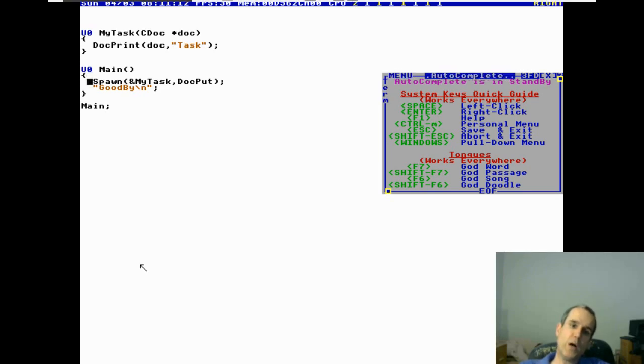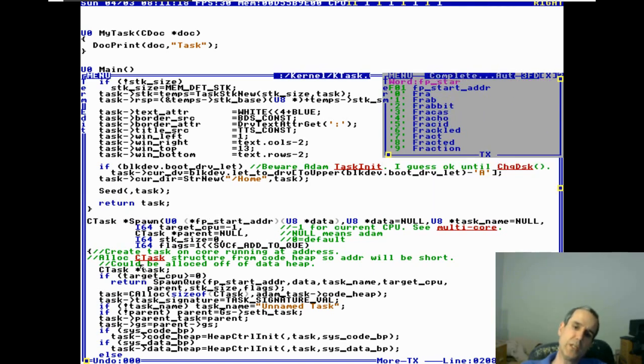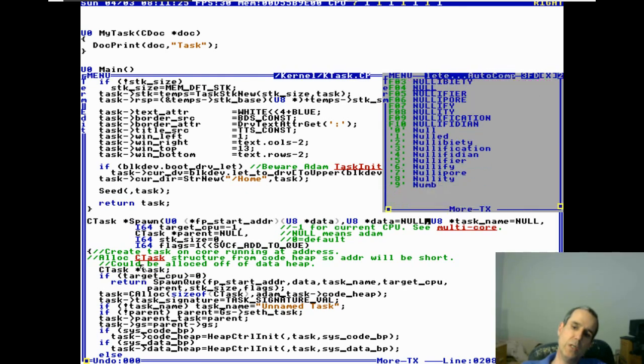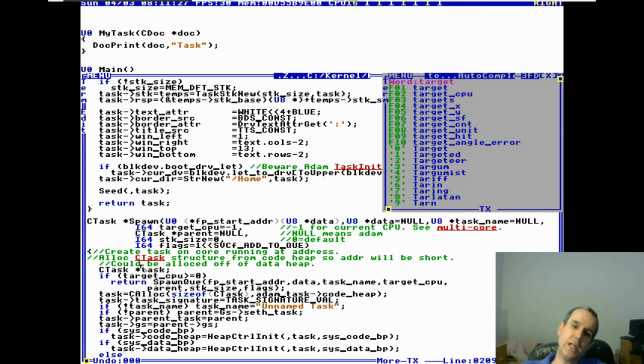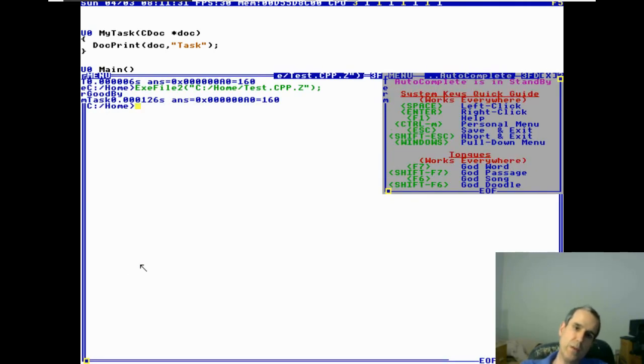Let's look at spawn. You should memorize this. The address of the code, the address of the function, a data item, the name, and then the target CPU. -1 is the, anyway, I don't remember. I think it's the current. Okay, so